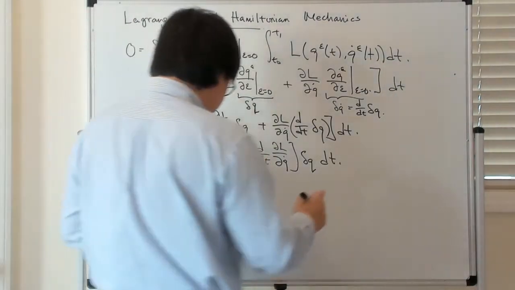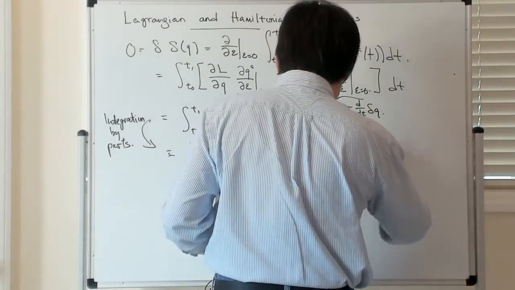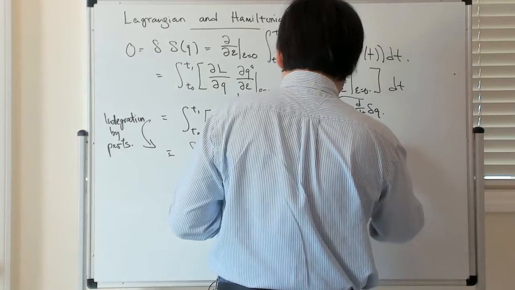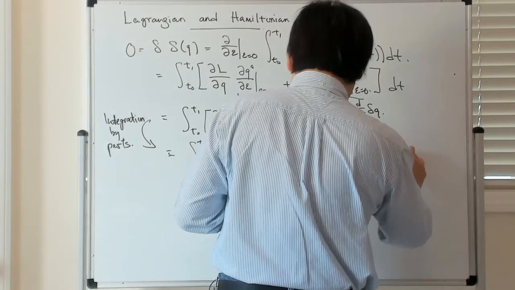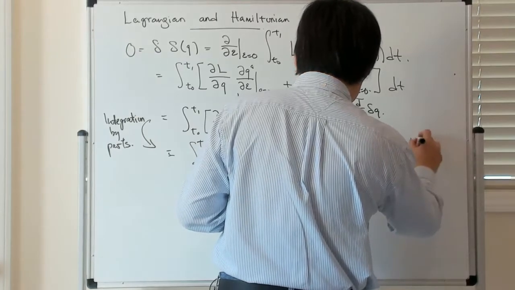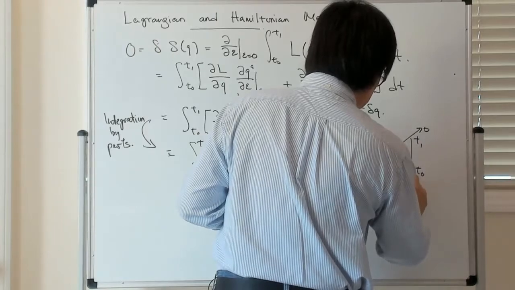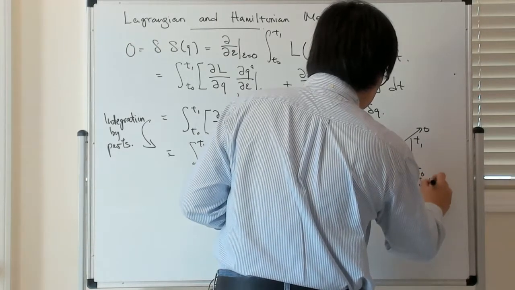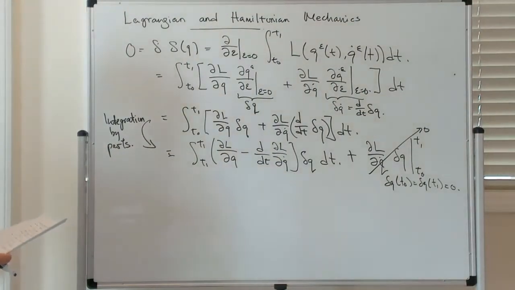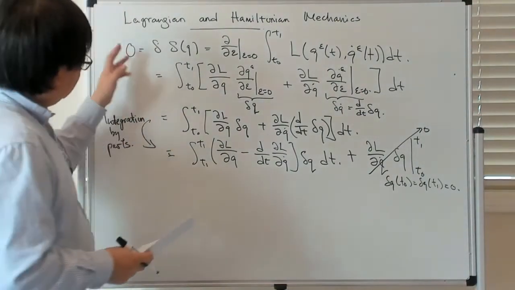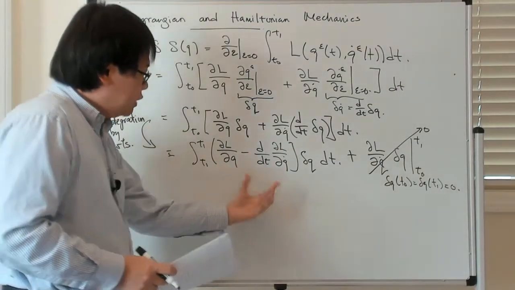Maybe I should just add the boundary terms. So the boundary term is dL/dq dot times delta q, evaluated from t0 to t1, and this goes to 0 since delta q at t0 equals delta q at t1 is equal to 0. All right, so you have now this condition that 0 is equal to this integral of something paired with